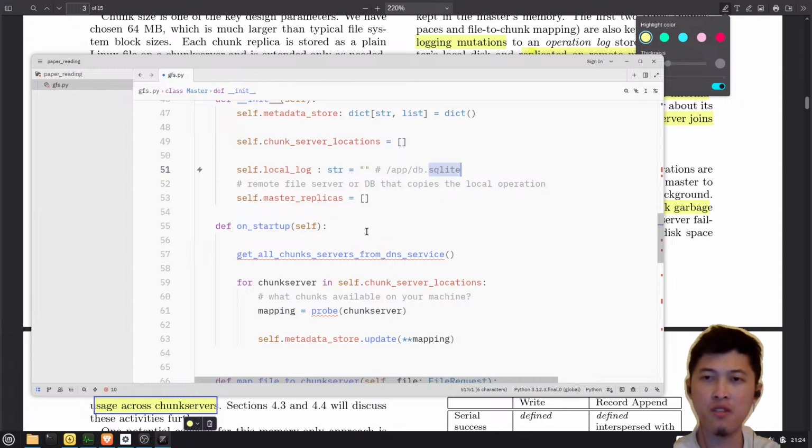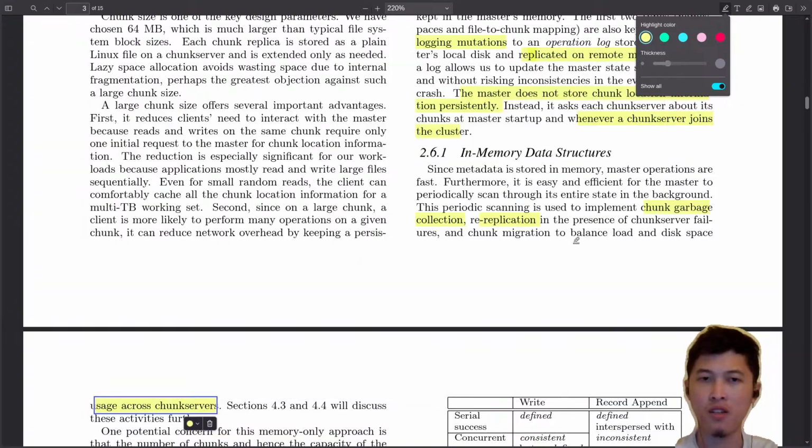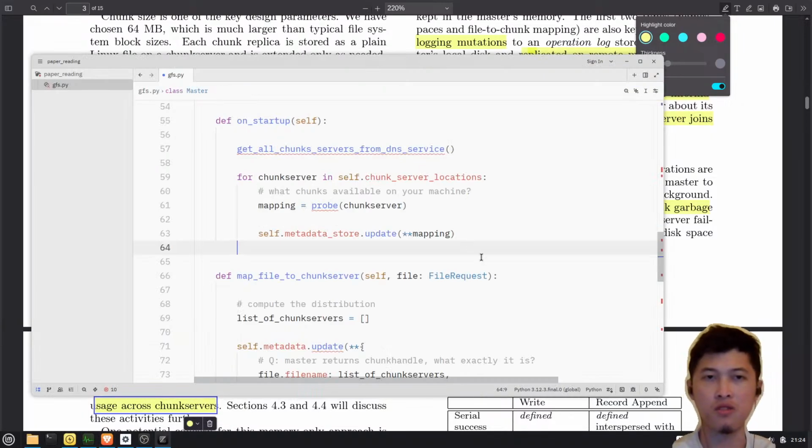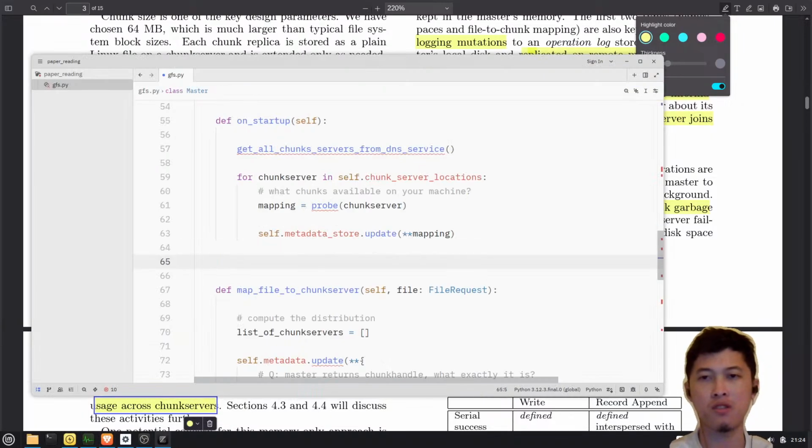I think that should still be fast enough. I don't know why it has to be mentioned that because it is in memory, it's fast. But anyway, so let's say that I have a background